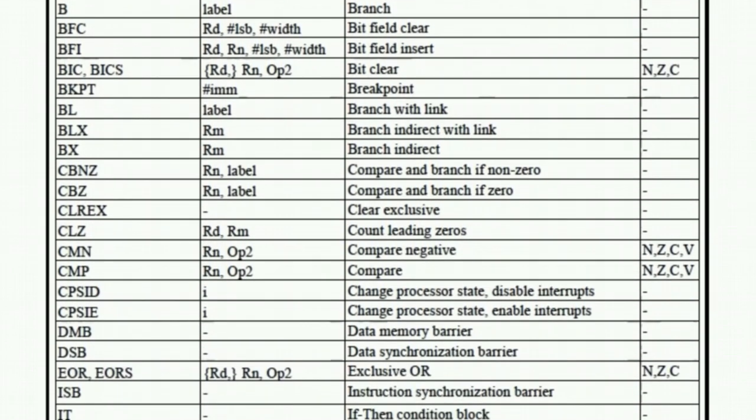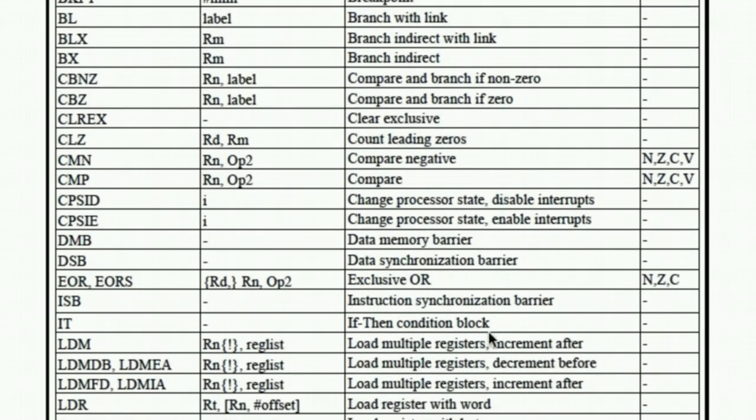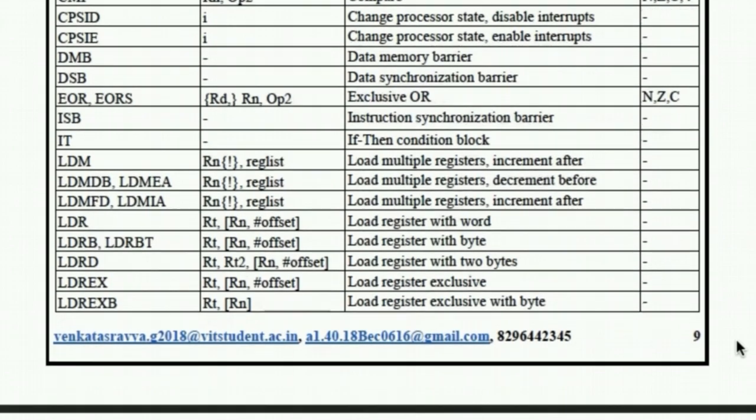This is the instruction set of the microcontroller. There are approximately 260 instructions. Some of the most important ones are add with carry and add. There is also compare and branch if non-zero and compare and branch if zero. What this does is it compares two values. If both the values are not equal, it would result in a non-zero value and it would branch to another place of the code. If they are equal, it results in 0 and it would branch to a different location in the code. Then we have an exclusive OR.